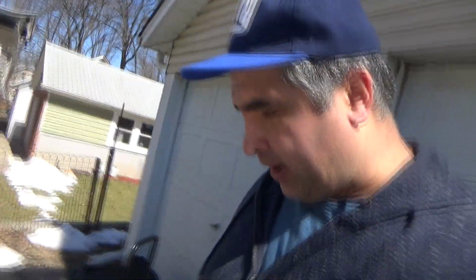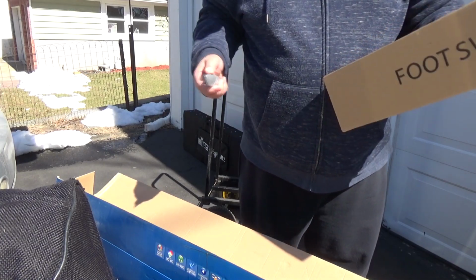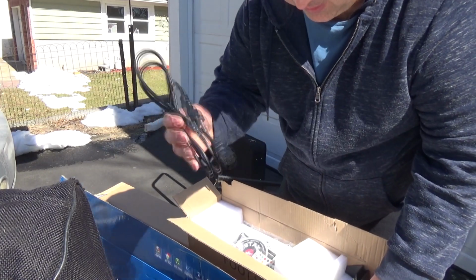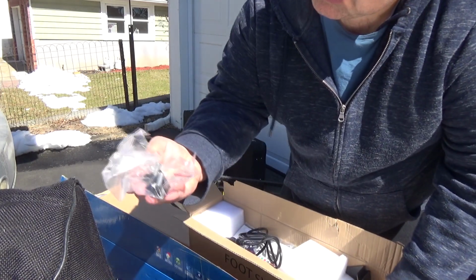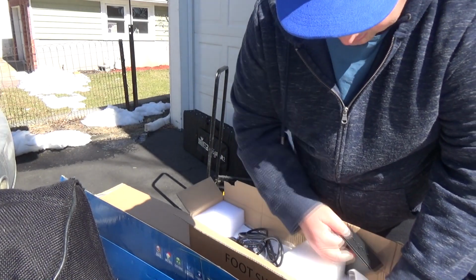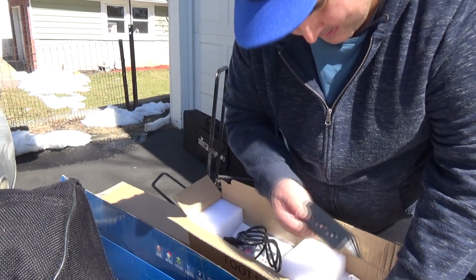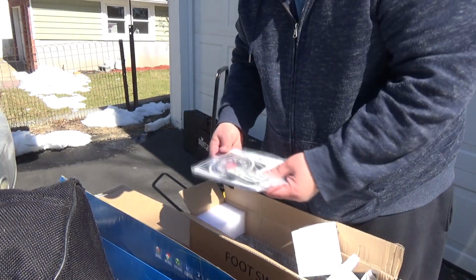The case is really light. I almost thought that there was nothing in it. I opened it up, and to my surprise, everything was in there and it was assembled. The foot switch. With the power cord right here. We got some screws for mounting things, and there's a bracket that comes with it also, if you want to mount it on a truss or something. And with the manual,